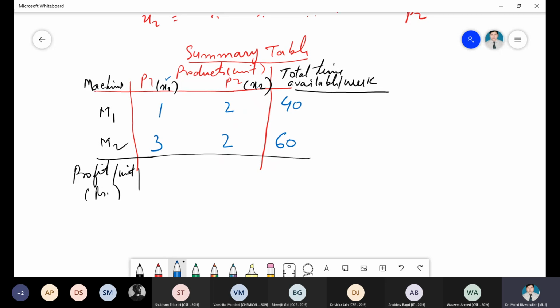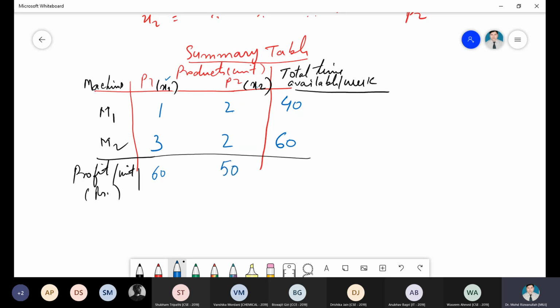So these are the constraints and these are the inputs required to produce X1 and X2. Now the profit contribution is, when you produce 1 unit of X1 using machines M1 and M2 you will get 60 rupees profit. Similarly, when you produce X2 on machines M1 and M2 you will get 50 rupees per unit